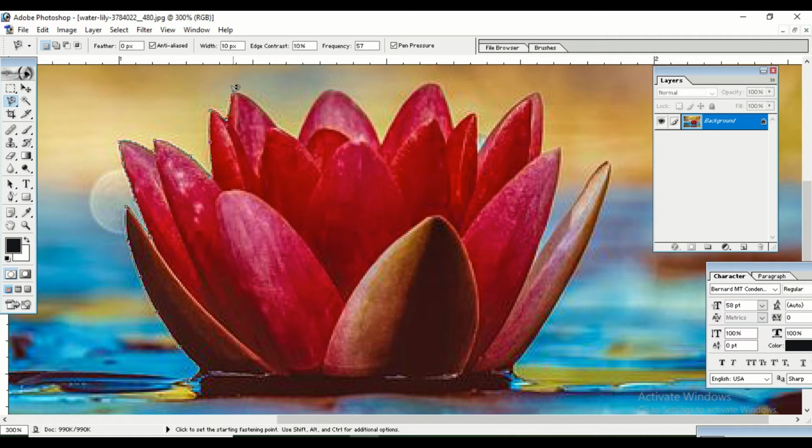Click here and then change the direction of cropping. Click here. Again click here. Click and then move the mouse pointer on the border again. Again click, move the mouse pointer.